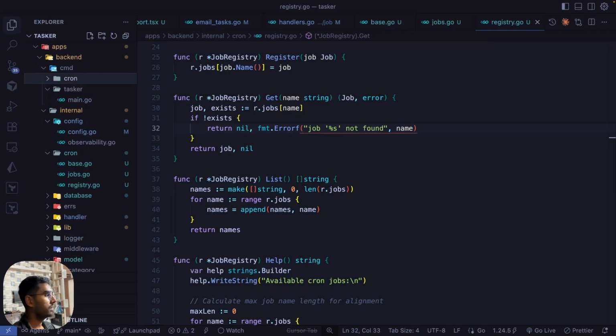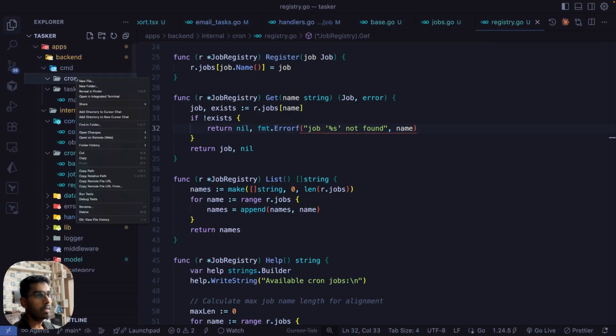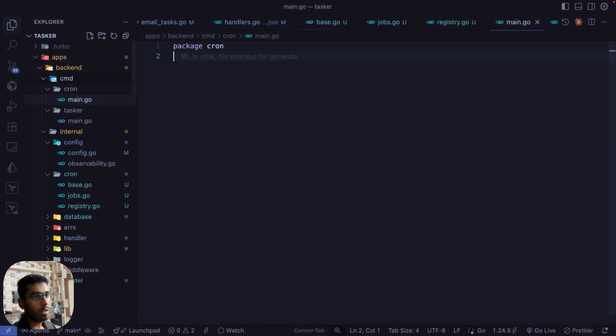Inside the cmd directory, we'll create a new folder, which we are going to call cron. And inside that, we'll create another file called main.go. Now in our code base, currently we have 2 separate main.go files. And the reason for that is the first one, the tasker main.go, is our whole backend executable, our backend application. But this new cron module that we created is a completely different executable itself,